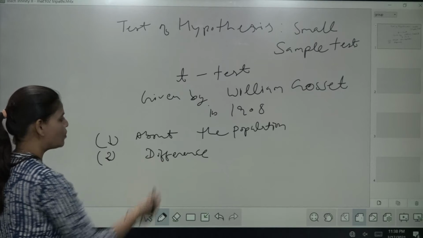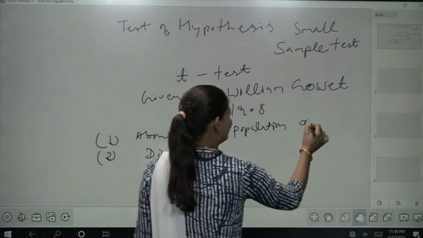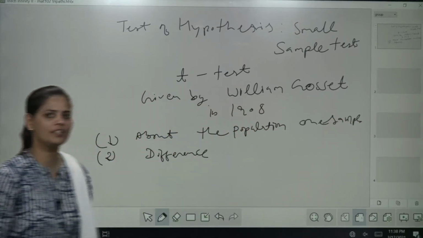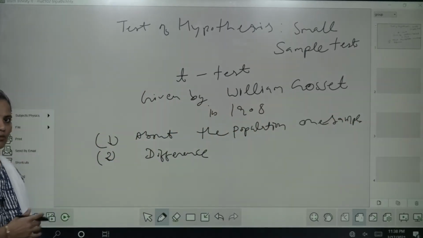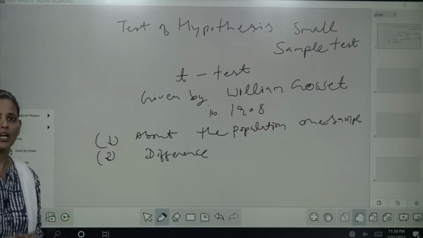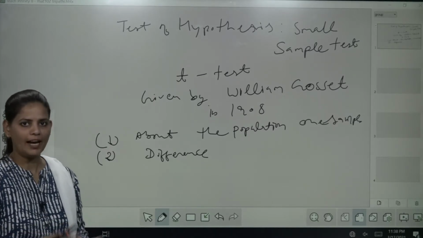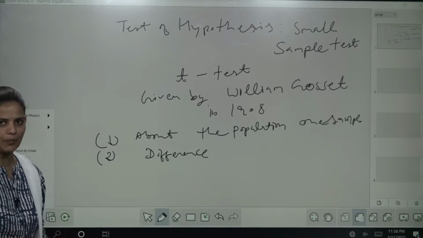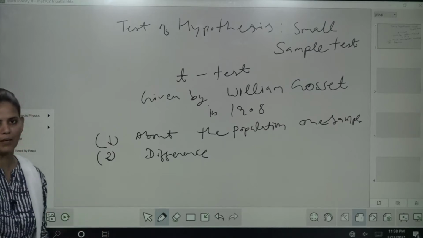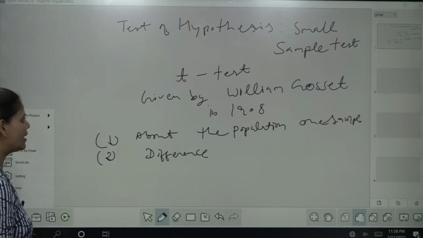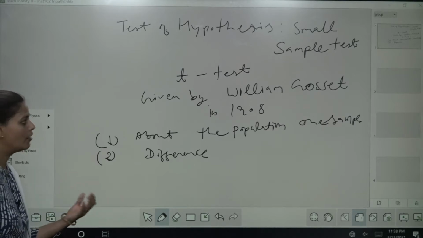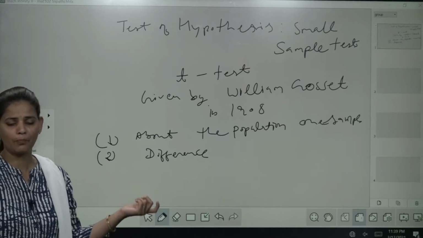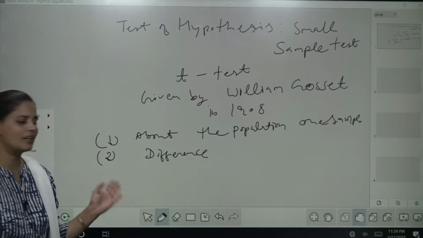First, the test about the population mean, which is a one sample test. And why is there a need of this type of test? Because students have to do research, and for their research they usually use samples, and for sampling, to test whether you should reject or accept any hypothesis, you need to check with the help of these tests. So, this is your t-test, and in this t-test we will do first the test of hypothesis about the population mean, you can say it one sample test also.